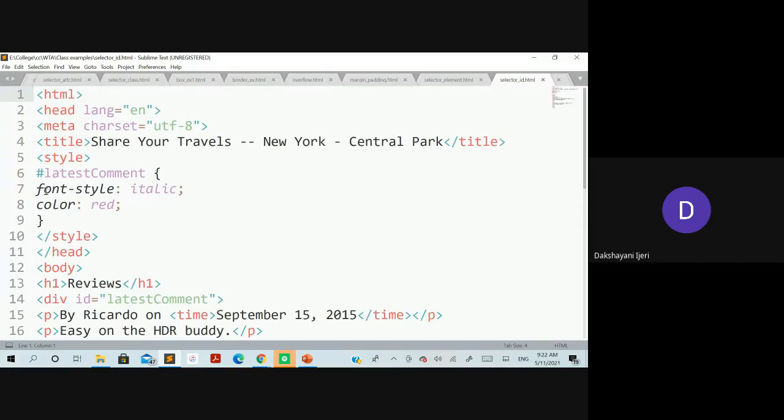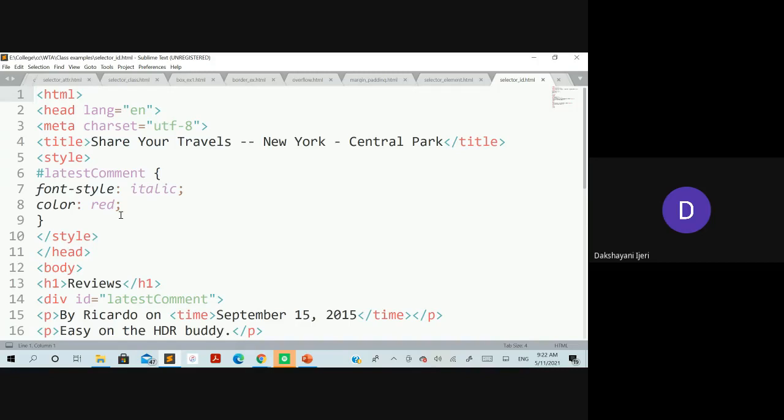So in this case, you can see here the font style property has been used with the value italic, and the color of that text should be in the red color, right? So how to use that? As I told you, both the ID selector as well as the class selector are not element specific styles to be applied. Instead, once you define them, you can use those selectors on any element of your choice within the body section, right?